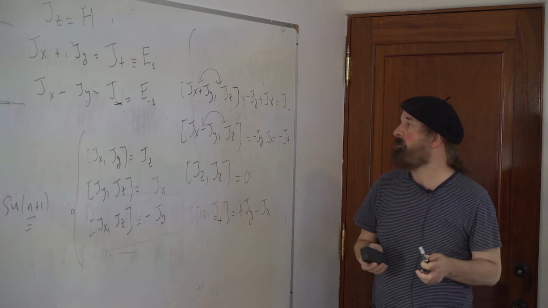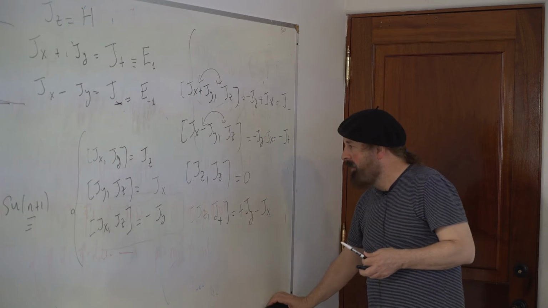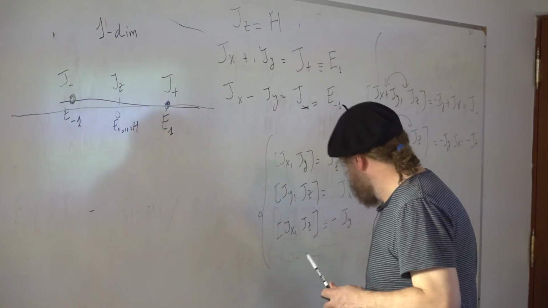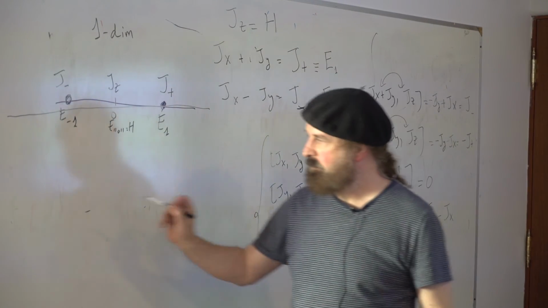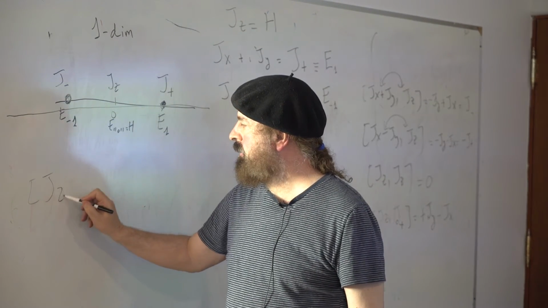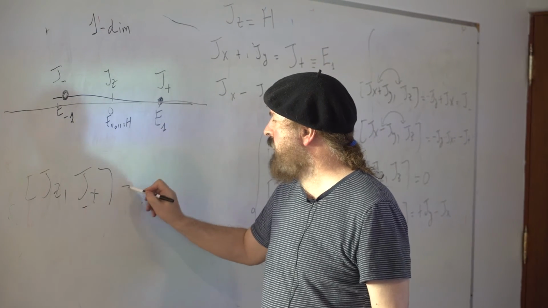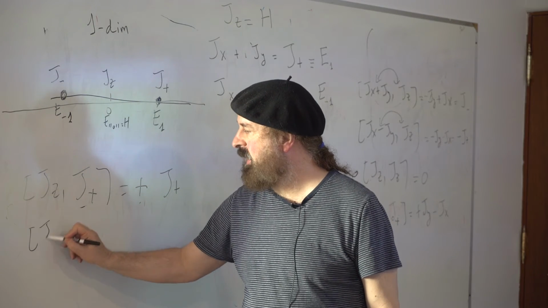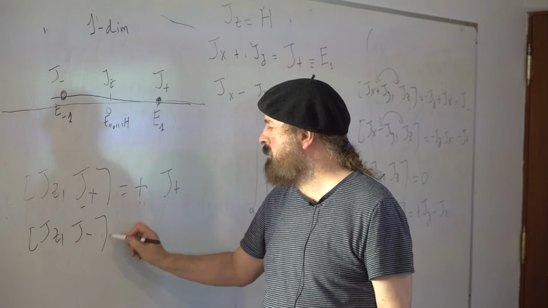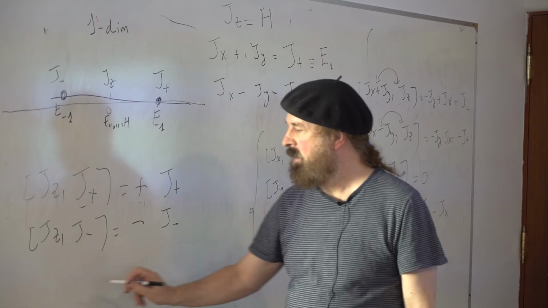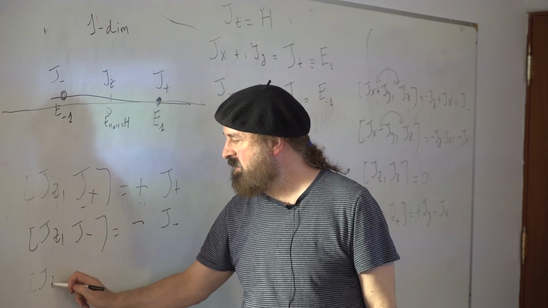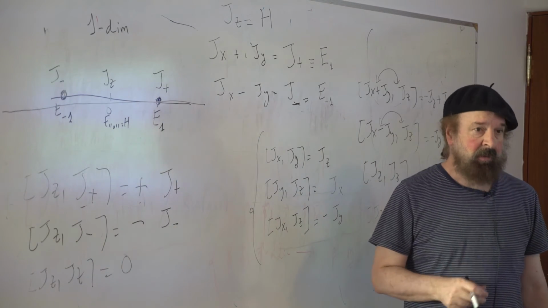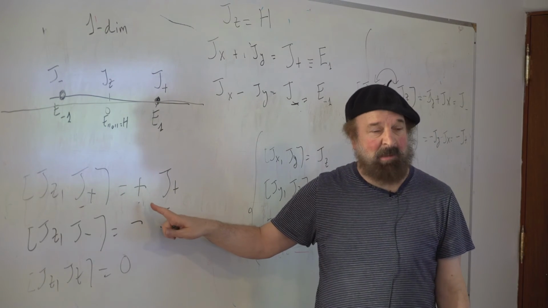Why did Cartan write it in that form? He wanted J_z with J plus to be plus J plus, J_z with J minus to be minus J minus, and J_z with itself to be 0. So he wrote it in this form, telling you that this eigenvalue of plus 1